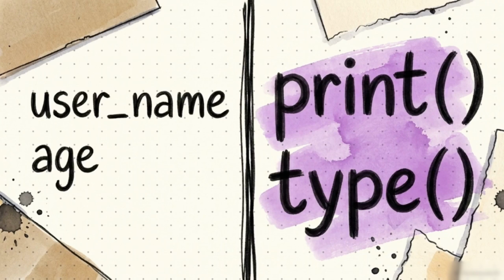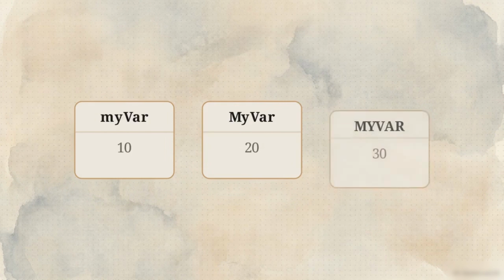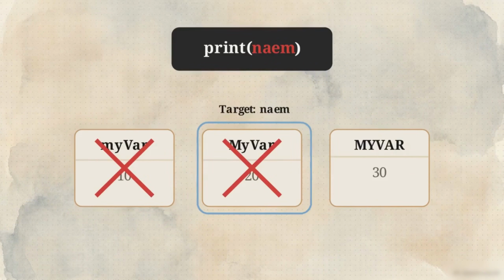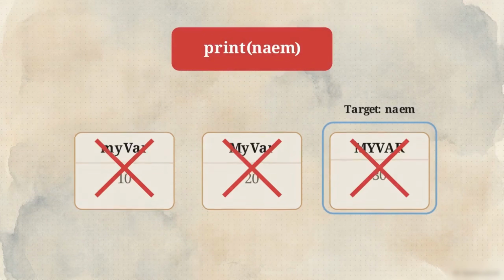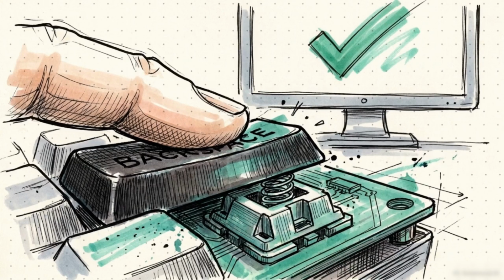They guarantee that the Python interpreter never confuses the custom data labels you invent with the internal commands it needs to run the machine. With the definitions repaired, we hit the final fatal error in the script, the name error triggered by our output command. Python is ruthlessly case-sensitive. A memory box labeled lowercase myvar is completely isolated from one written with a capital M or all caps. When our script prints the misspelled variable name, the system scans memory, finds no exact match, aborts, and returns a flashing name error. We resolve the crash by fixing the typo, ensuring the print command asks for the exact, perfect spelling of the